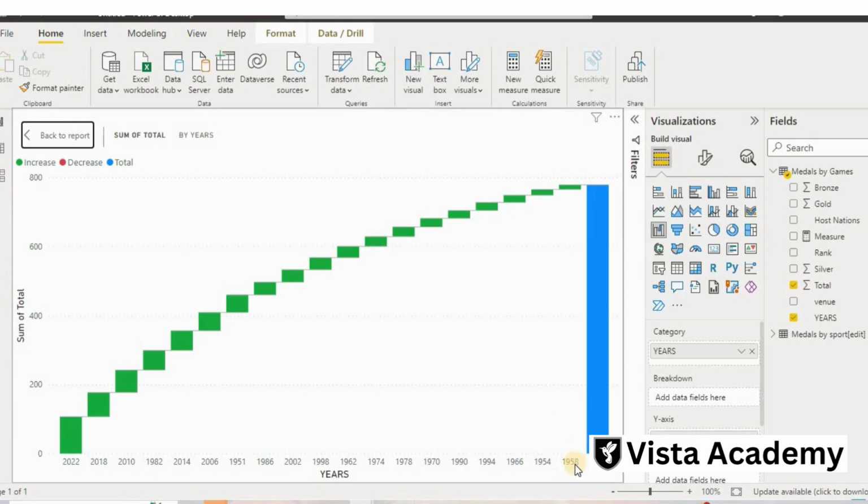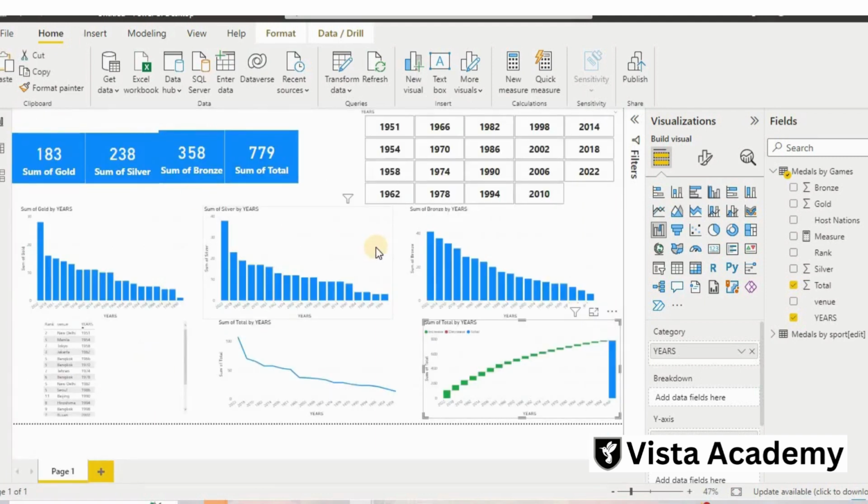In 2022 we increased, 2018, 2010, but in 2014 we got less, so it is showing the increasing order of our medals. So this is the report we have.